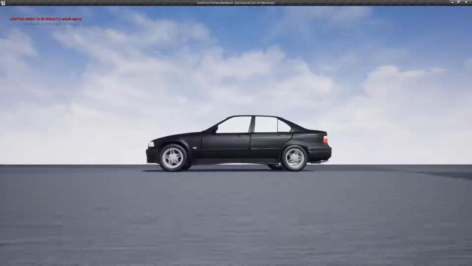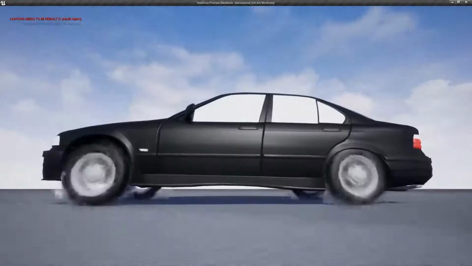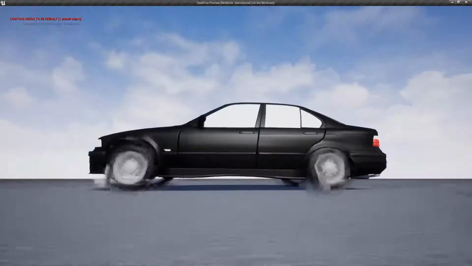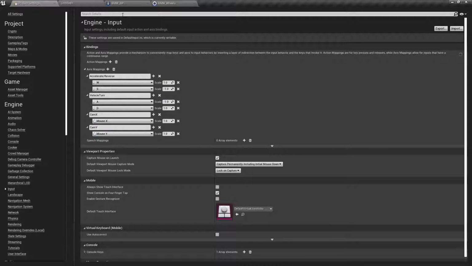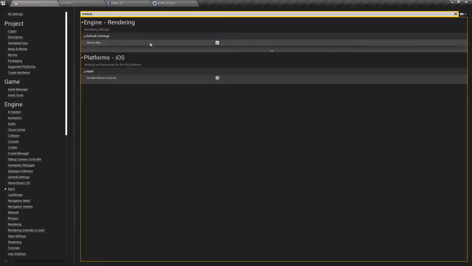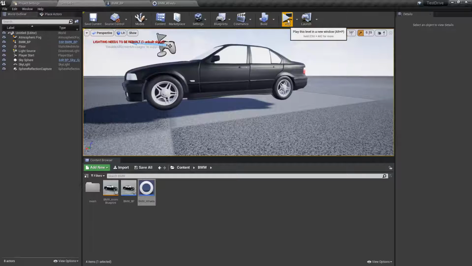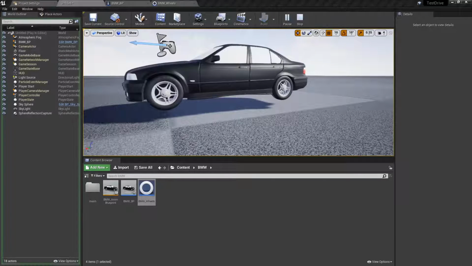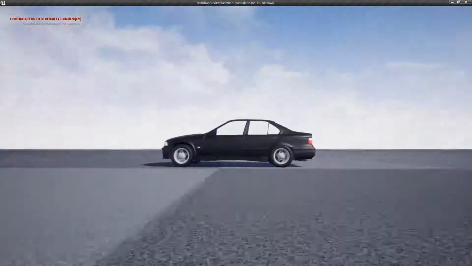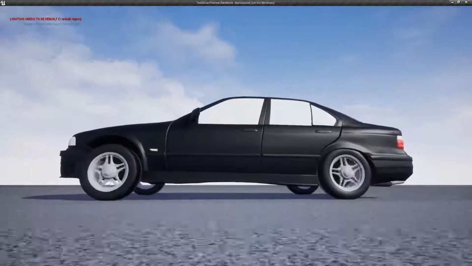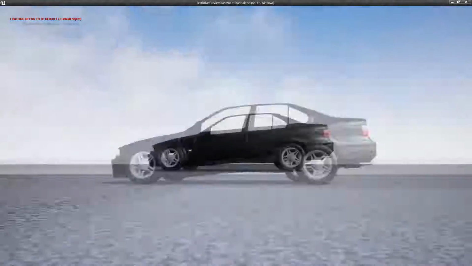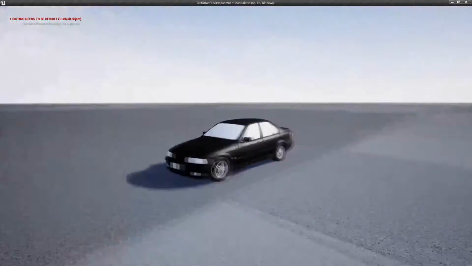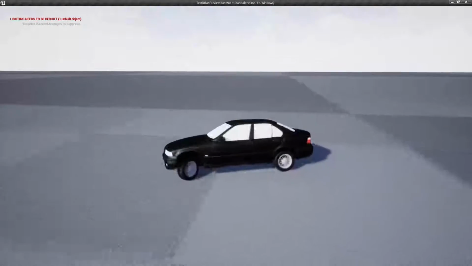Right, another thing, if you pick up some speed here, look at those wheels, they look terrible. We can't be having that, so what we need to do is go to project settings, up in the search bar, type in motion, and you get motion blur. Uncheck that box. That is nasty. I don't like it at all. Now if you press play, we can drive as fast and as far as we want with no motion blur, no ugliness. Let's see if I can hit the brakes before I fall off the edge. Yes, I can. So there you go, guys. That is the car, and it works.